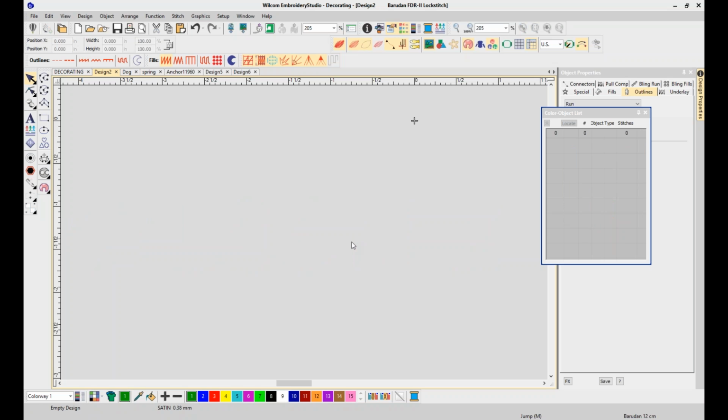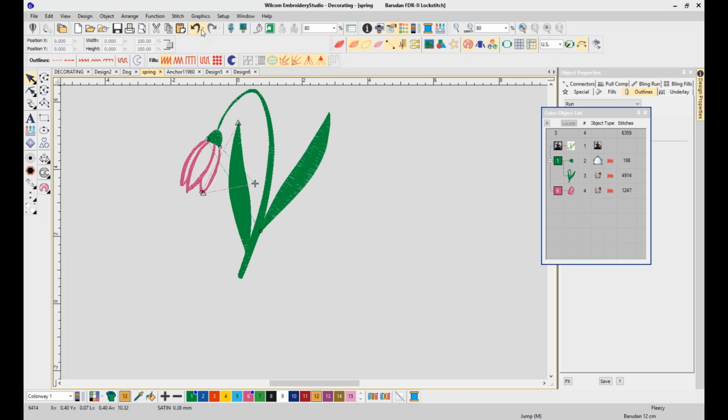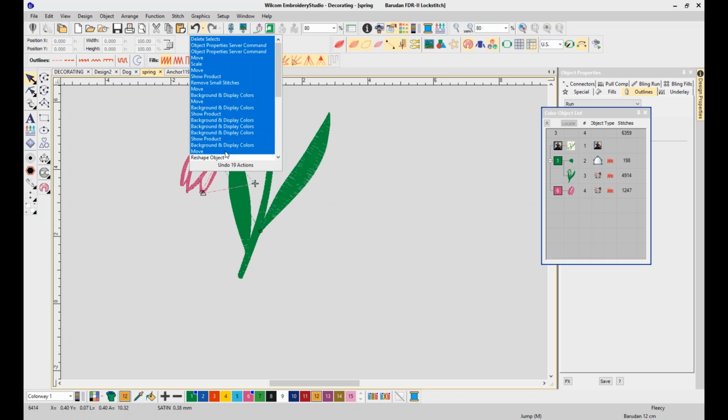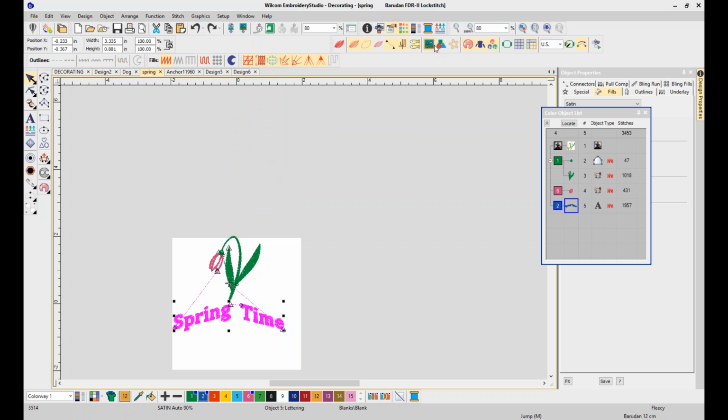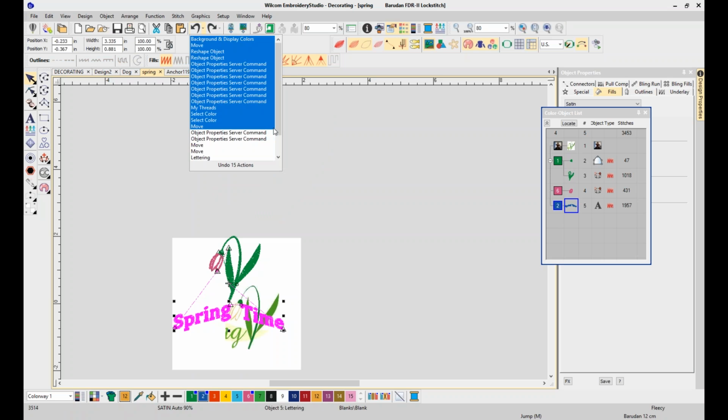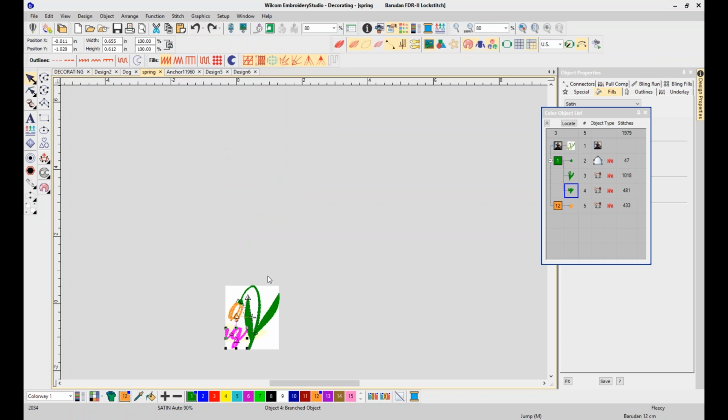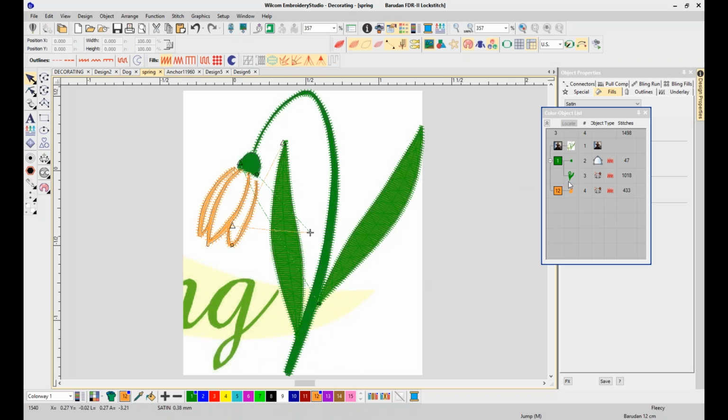So again, a full digitizing program, lettering, editing. I'm going to go back to the digitizing. So earlier in the demo, I showed you how to convert a graphic, and let me see how far. And I just undo a lot of the stuff that I did. And this time what I want to do is show you, so we converted this JPEG over to embroidery. We imported it into Corel, because remember we're integrated and connected to Corel. And we converted it over to embroidery, but I want to show you how easy it is to just digitize